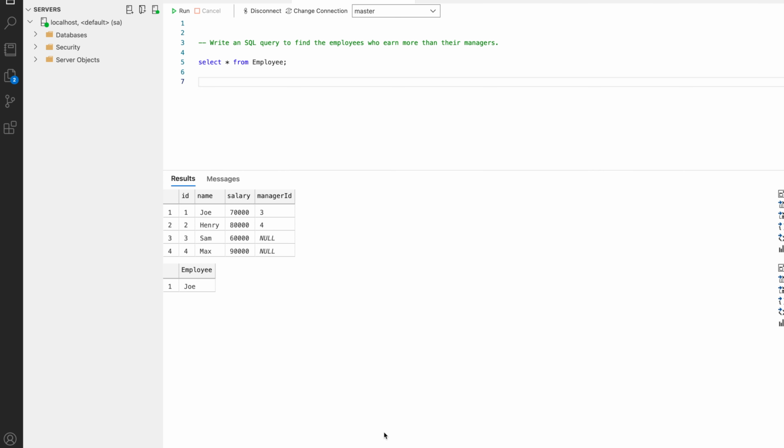My name is Lakshay. Today we'll be solving one Leetcode SQL problem, which is to write an SQL query to find the employees who earn more than their managers. In this question we are given a table having the columns ID, name, salary